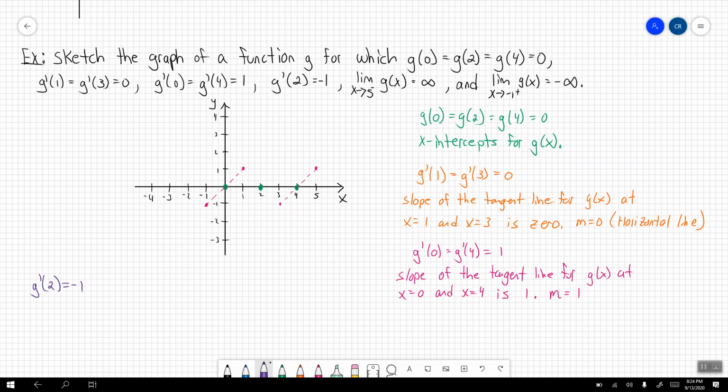Well, what does this tell me? This tells me that the slope of the tangent line for g of x at x is equal to 2 is negative 1. In other words, I get that m is negative 1, and this is at x is equal to 2. So when I go to x is equal to 2, I'm going to have a negative slope. So with a negative slope, we go down 1 over 1, and here's going